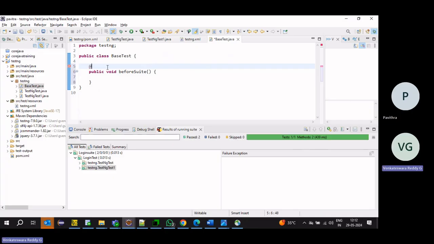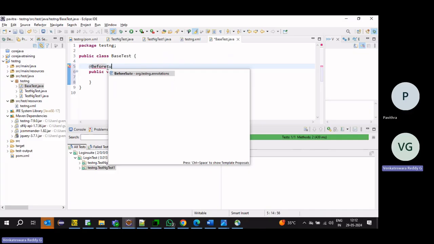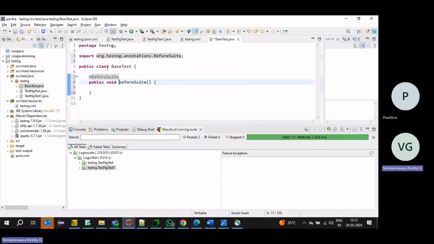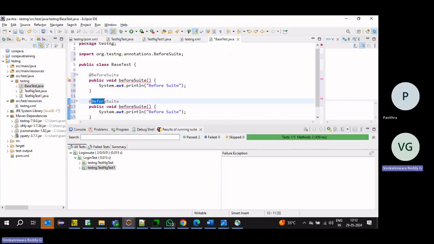I have to add the annotation @BeforeSuite on top of it, so that it adds the special feature to this method. It will execute before starting the execution. I'll print a message, beforeSuite. Similarly, we'll make an afterSuite.